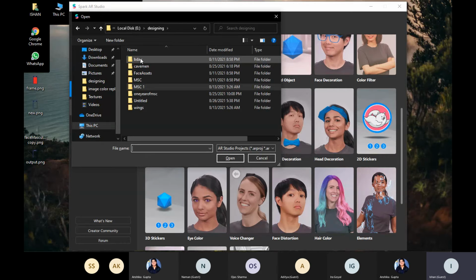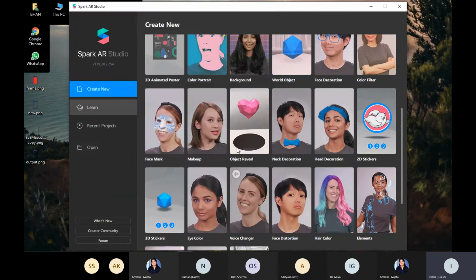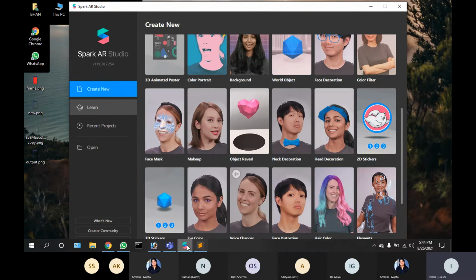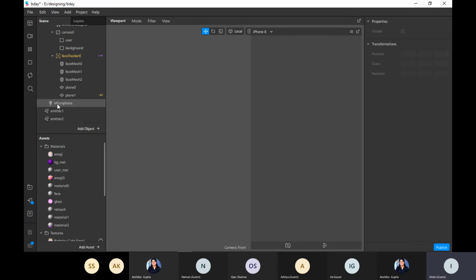You can also see this was the filter I made just for wishing someone a happy birthday. And let me show. There are too many elements, like you can see there are background, there are emoji, there are emitters, which is also named as particle in Spark AR.